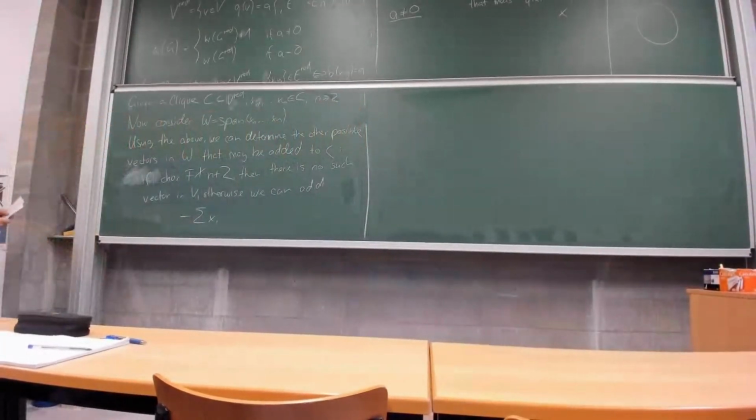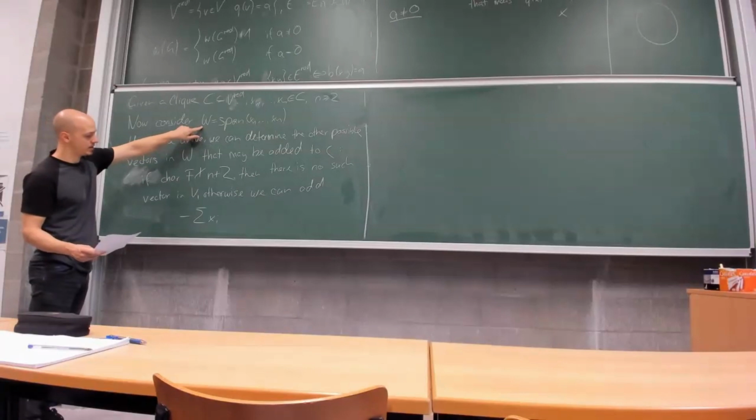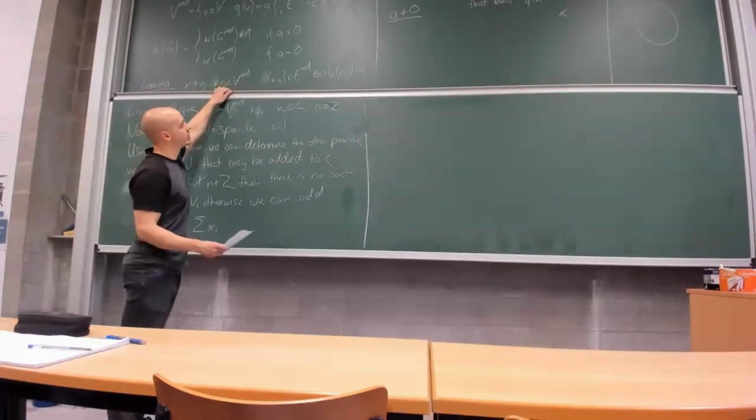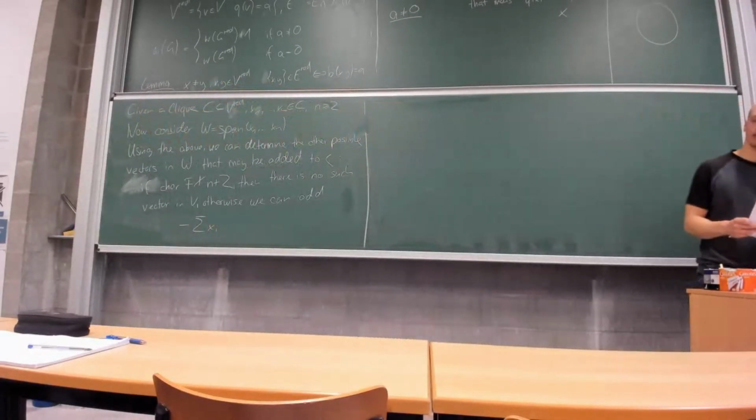This means that to calculate the clique number, we have to look for subspaces such that, given the basis,